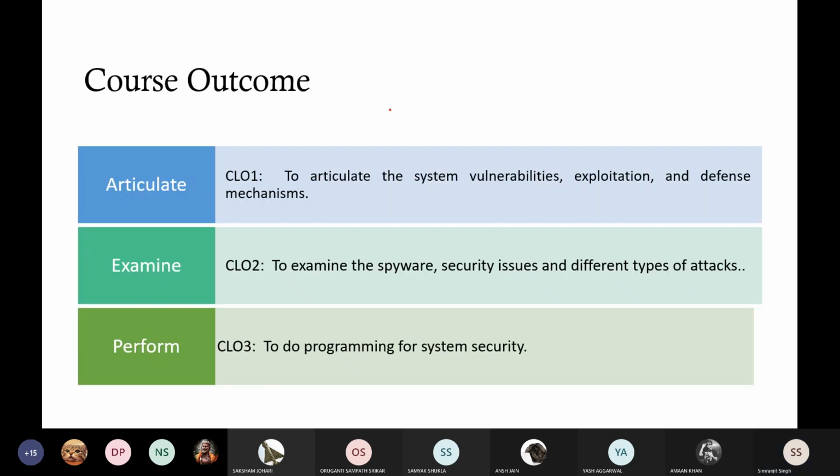Now the course outcome is we will be studying the vulnerabilities and how to exploit those vulnerabilities, and what are the countermeasures and defense mechanisms that we can take. Okay, so in this particular thing,